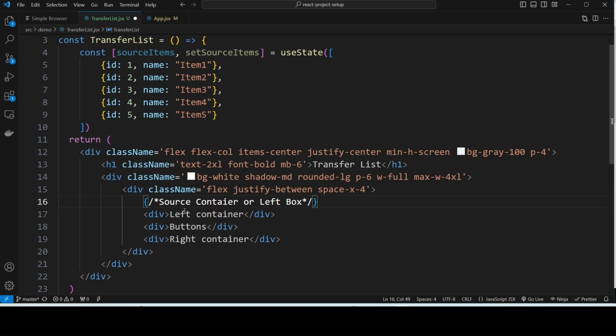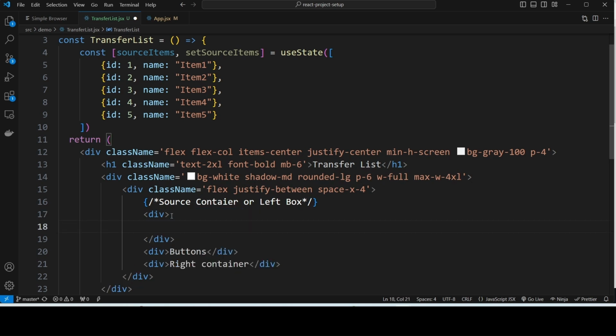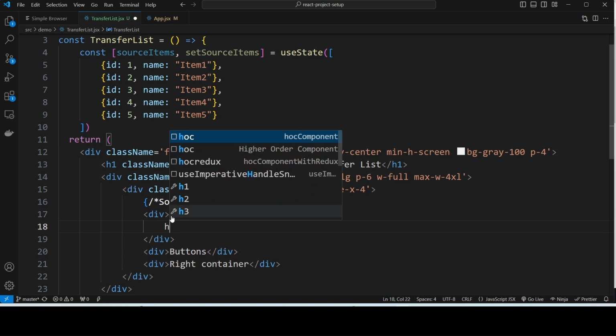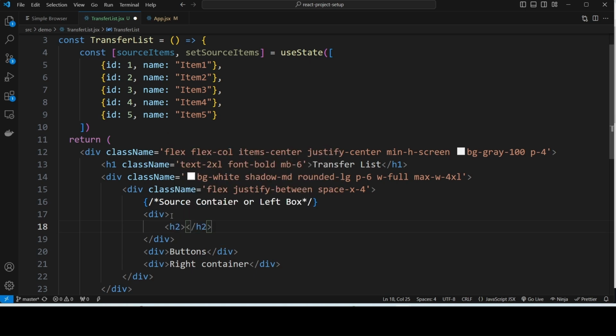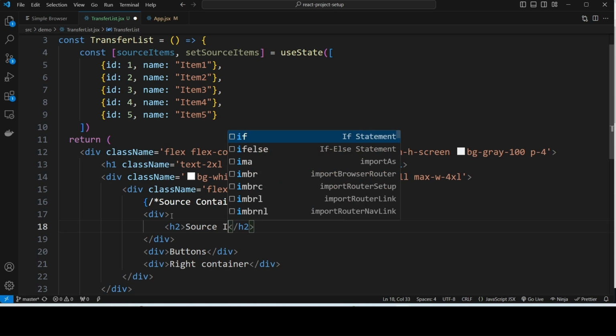Okay, now here what I want to do is display a box or container, and then inside that I should display these items initially. As soon as we launch the application, the left box should contain all these items. Okay, for that let me remove this, and then inside this let me add one header h2, that is source items,